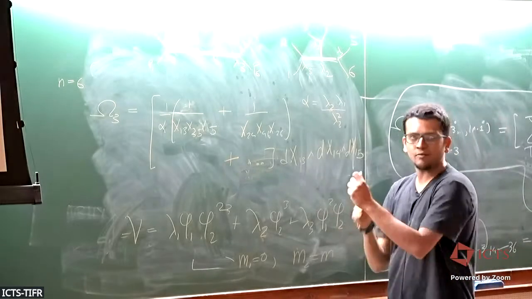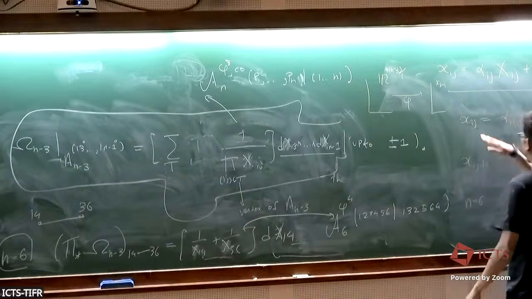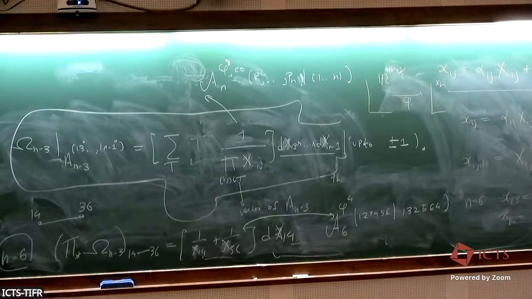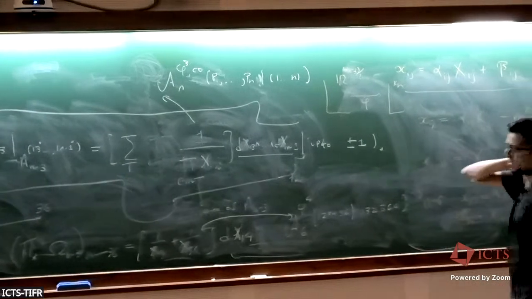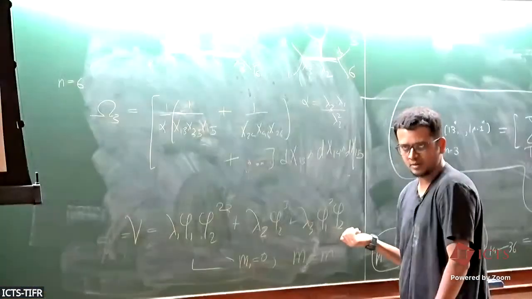So this is a very primitive example, but slightly related to Johannes' question, that if I change basis with a non-trivial map between the abstract space in which all these polytopes are sitting and the kinematic space, even a simplest map like this gives us amplitude of a different theory. This is clearly a different theory because they have different spectrum. They are two particles with different masses. And so,